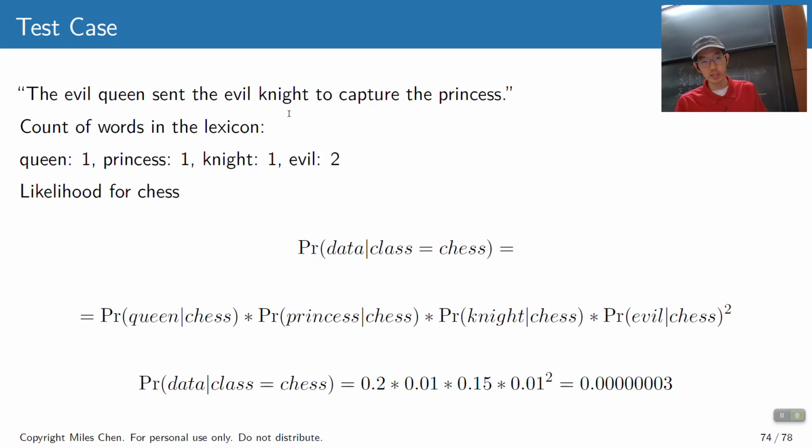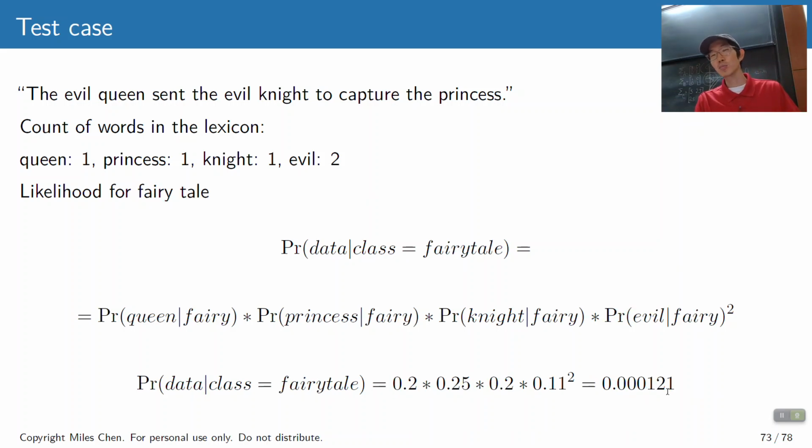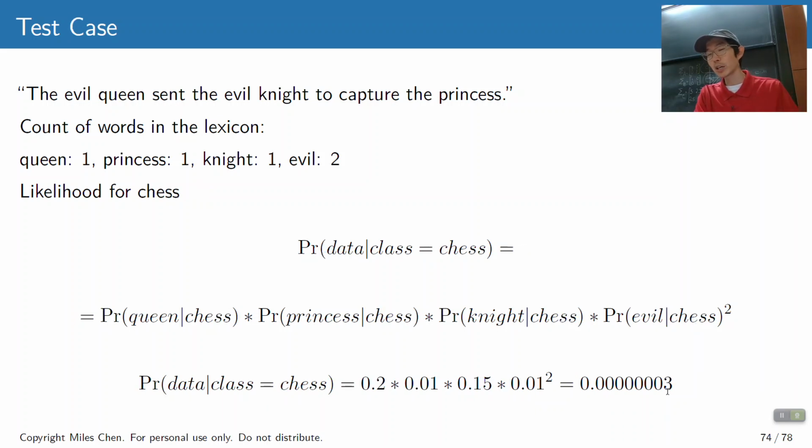Whereas if it were about chess, okay, queen has a probability of 0.2, princess has a probability of 0.01, knight has a probability of 0.15, and evil has a probability of 0.01. And so the total probability or likelihood of this thing, if it were about chess, is much, much, much lower, 0.00000003. And then you multiply by the likelihood, you divide by the marginal, and we'll see that the probability that this is about a fairy tale is much higher than the probability that it's about chess. Okay,